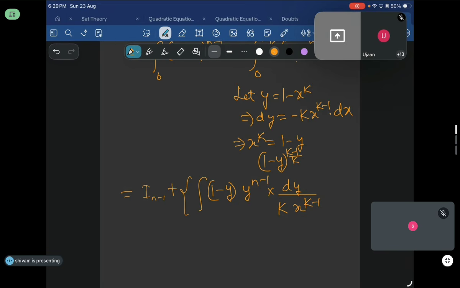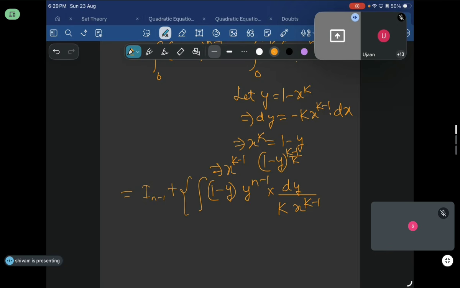Wait, let me see. So if I change it, what will I get? Let's see. Are you getting x to the power k minus 1 will become 1 minus y whole to the power k minus 1 by k? Dividing both sides by x. Which one? The third step here, k equals 1 minus y. If you divide both sides by x, then you get x to the power k minus 1 by 1 minus y by